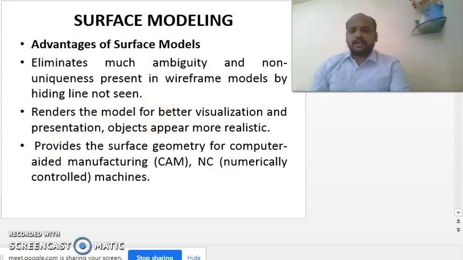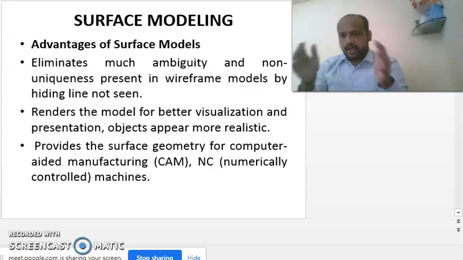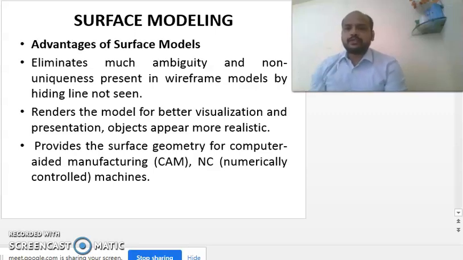A surface model represents just a surface, it does not represent a solid. Please keep this in mind. One simple example I will tell you. There is one box and there is nothing inside the box. So the box has different surfaces. You cannot call it a solid.